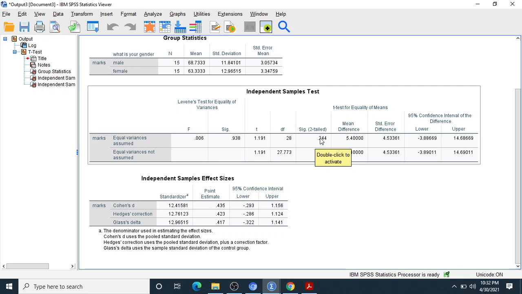But in our condition, this value is more than 0.05, it means there is no significant difference in the marks of the male and the female students.